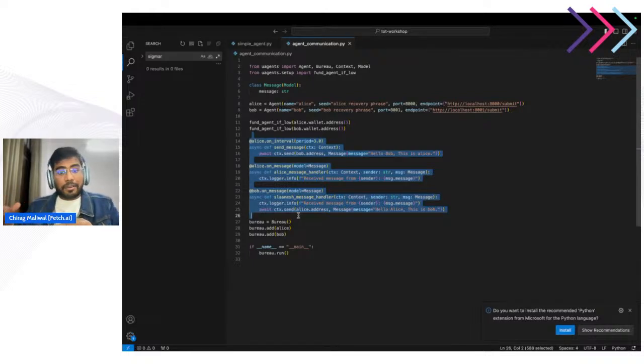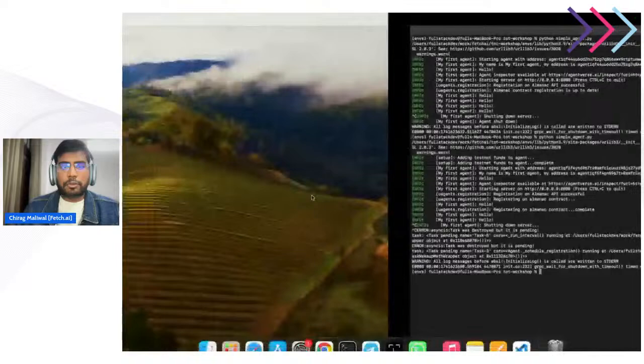The Bob agent is confirming the payment and giving a payment confirmation. Using these communications, we can achieve negotiation and whatever we want to achieve using the agents. So that is a very basic communication we can do using agents. So that is all I have explained so far.